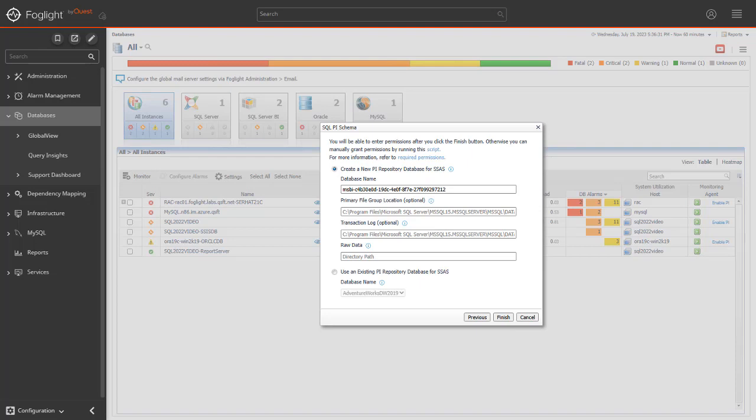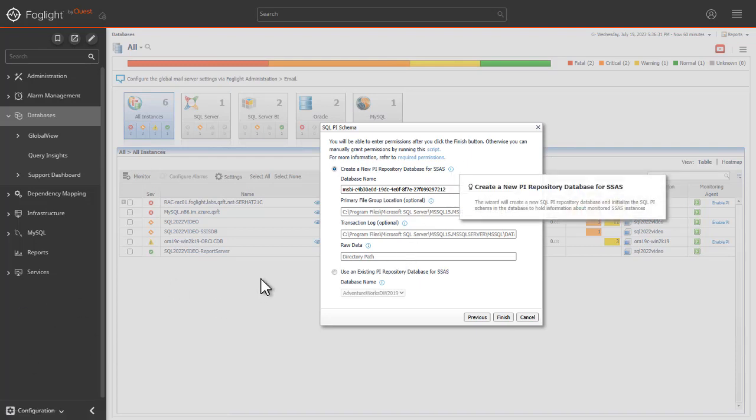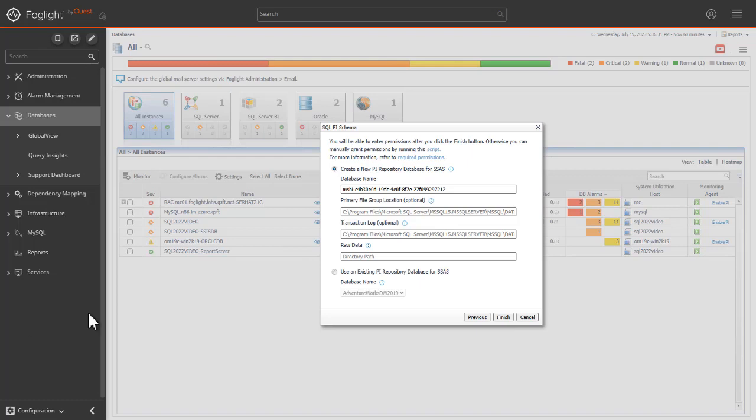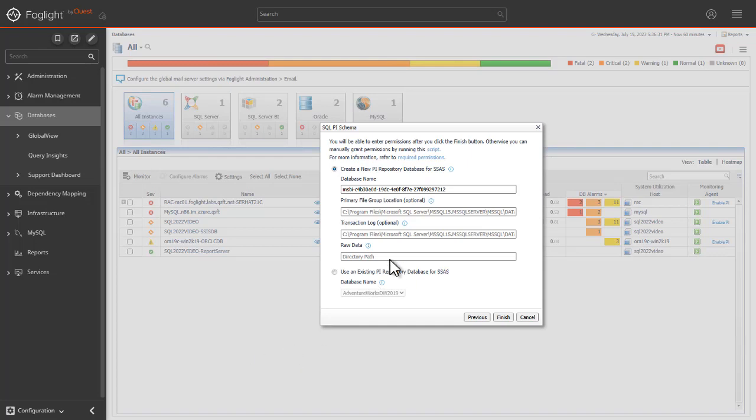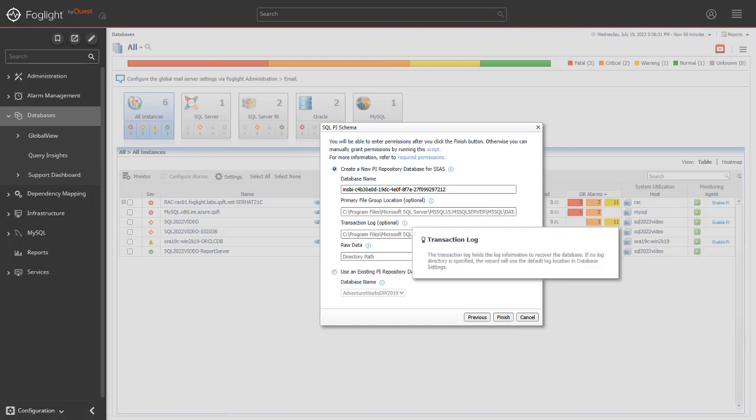Another pop-up to enter the SQL PI repository settings may appear. A new PI repository database can be created in this step. The database name is pre-filled with a unique name. Adding a primary file group location and the transaction log location is optional, or it will be taken from the